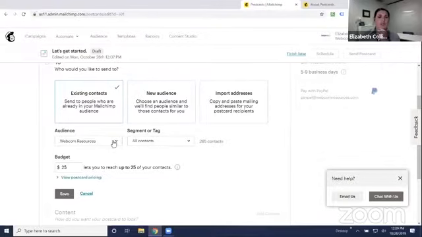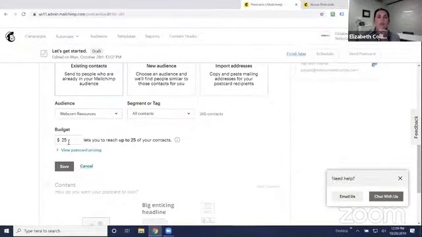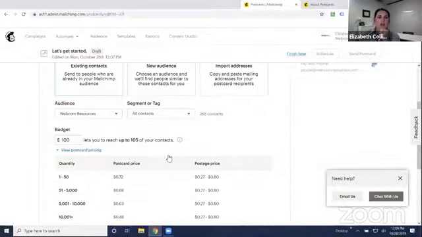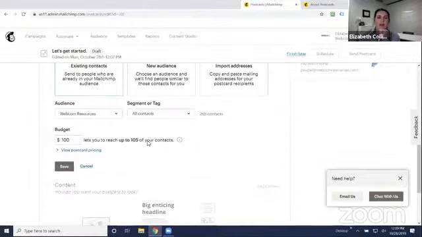And so once you've decided how many you want, then you're going to tell it what your budget is. So of course, for that 99 cents, I'm going to get about 25 of my contacts. If I wanted to increase it to $100, then I can actually reach about 100 of my contacts. So this is a great way to stay in budget and say exactly how much you want to spend